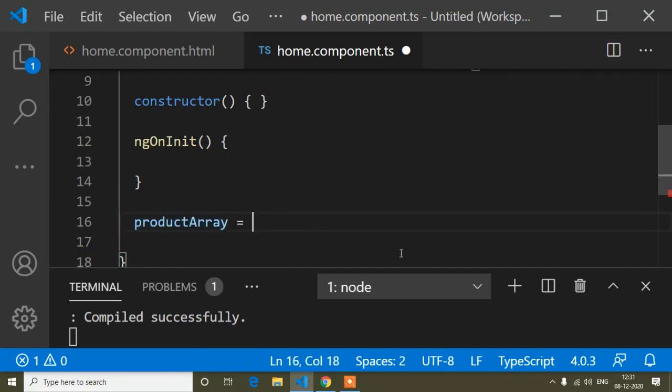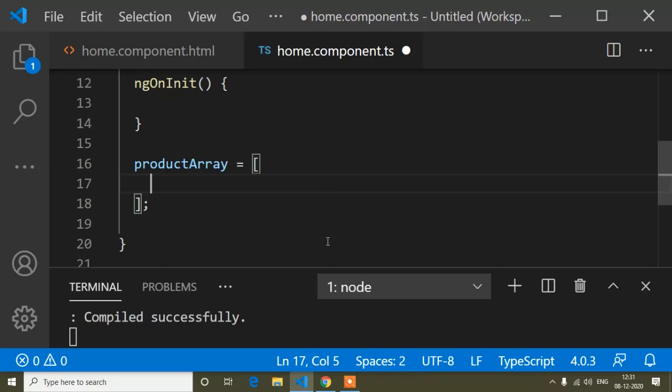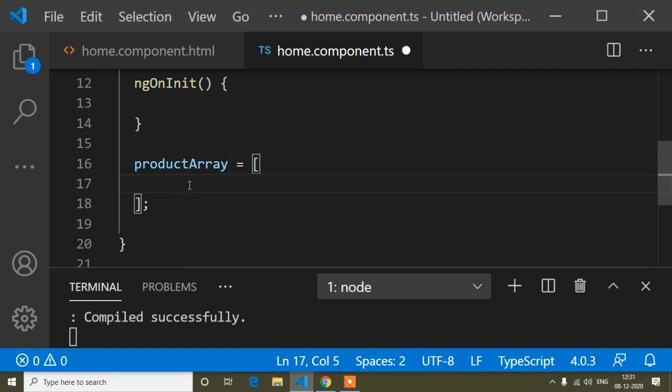Now I will create an array, so the syntax is square brackets and a semicolon. Here I have to create multiple objects for this product. There are 4 products, so I have to create 4 objects.